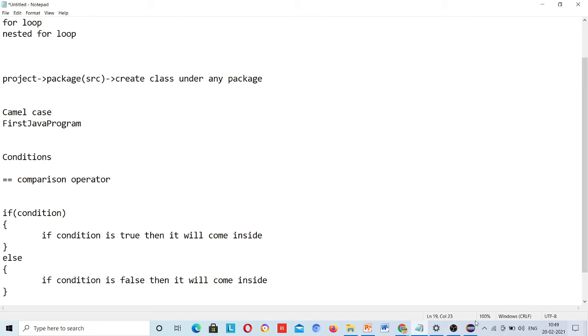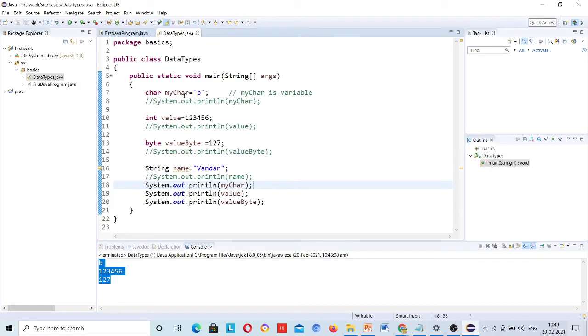Now here just understand what this single equals to is. Many times people will ask you what is the difference between double equals to and single equals to. So here you can see that 123456 was the value assigned to this variable. If I write my char equals to b, then b is assigned to my char, and I printed my char.